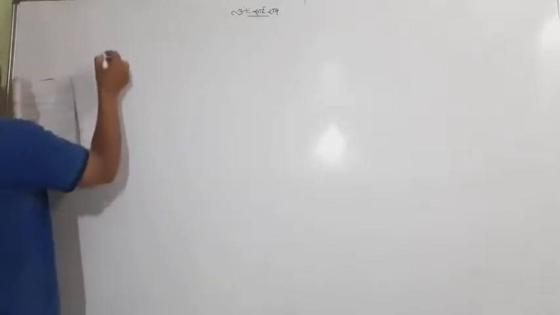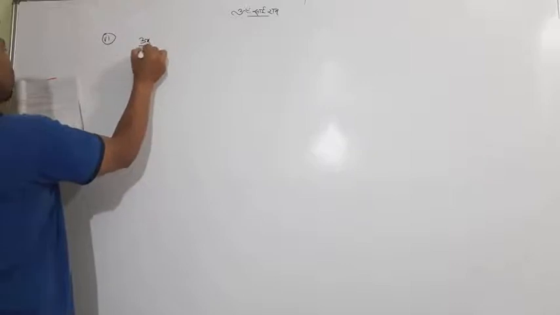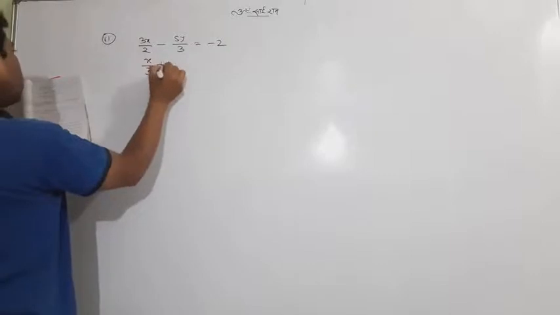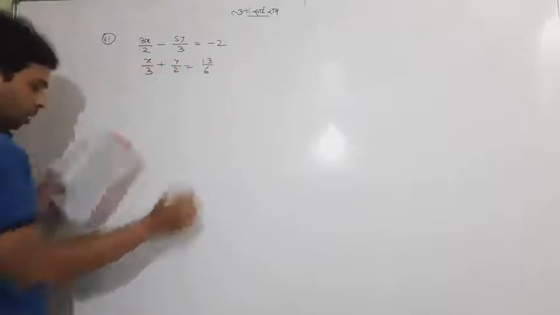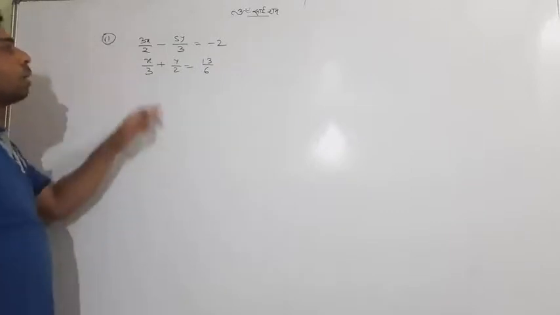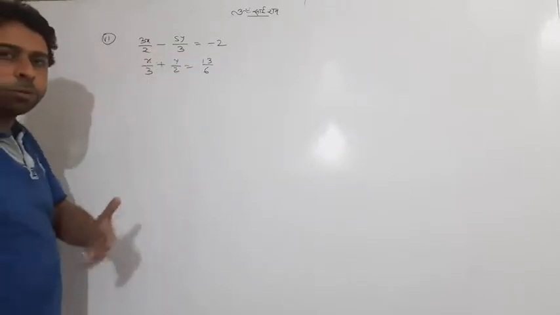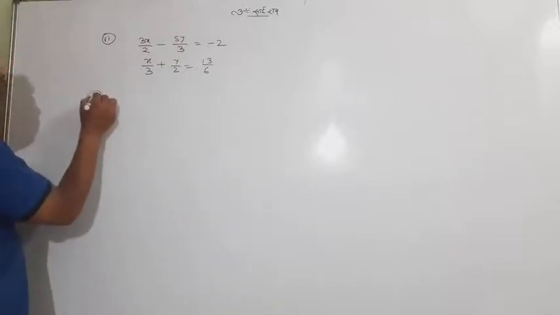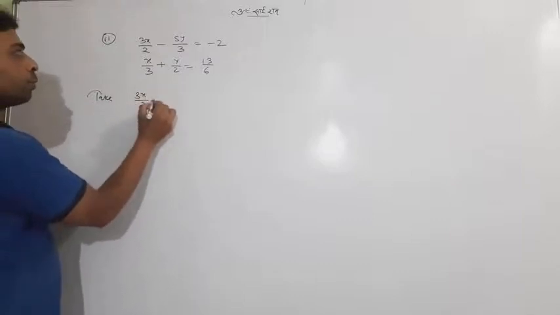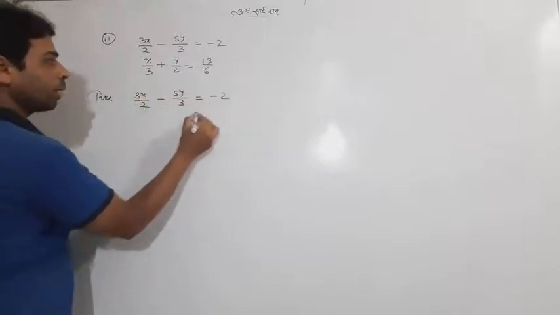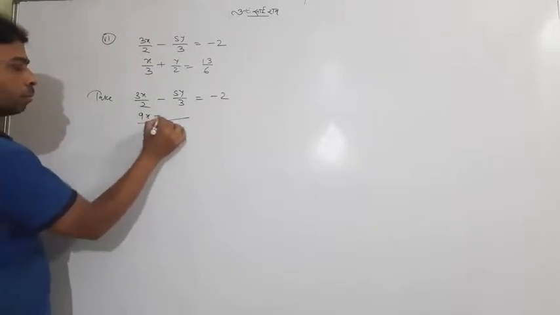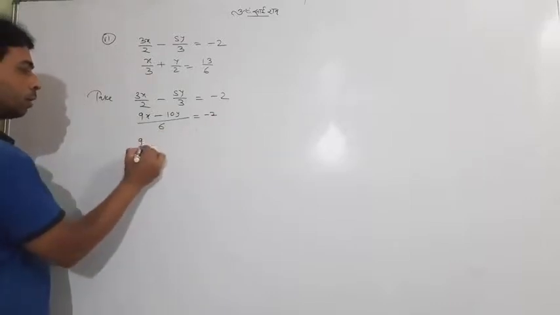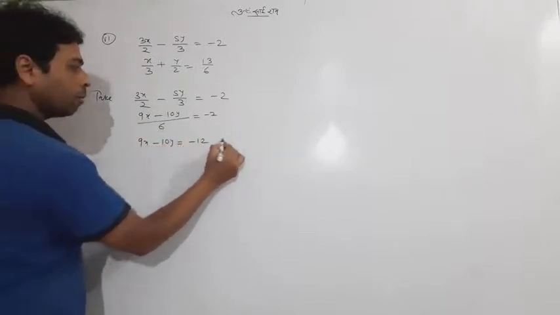Okay. Question number 6, I tell you in a very simple way, from the exercise. x by 3 plus y by 2 equal to 13 by 6. In this question again you feel that fraction terms are given. I already told you, whenever fraction terms come, you take an LCM and make it easy in general form. Like take the equation 3x by 2 plus 5y by 3 is equal to minus 2. Take an LCM 6. 3 threes are 9, 2 fives are 10, minus 2. 6 transferred here, it is minus 12, and call it 1.